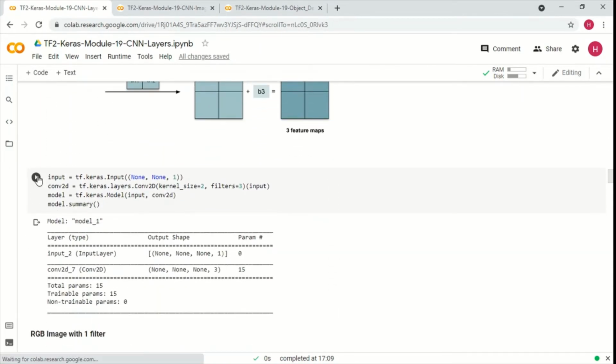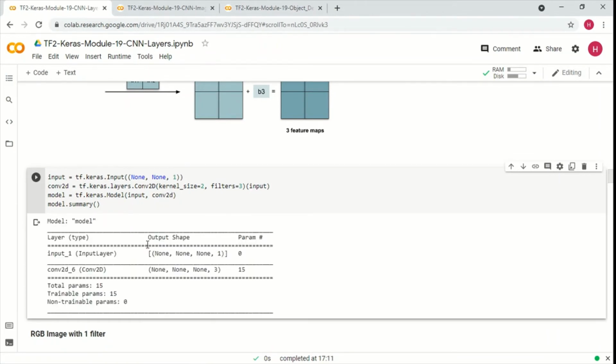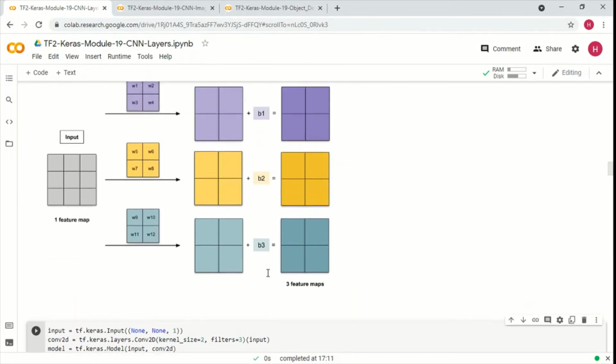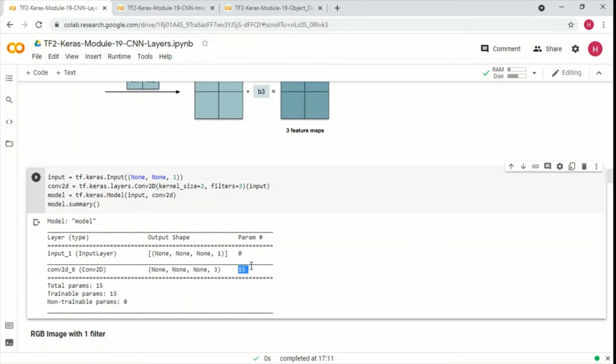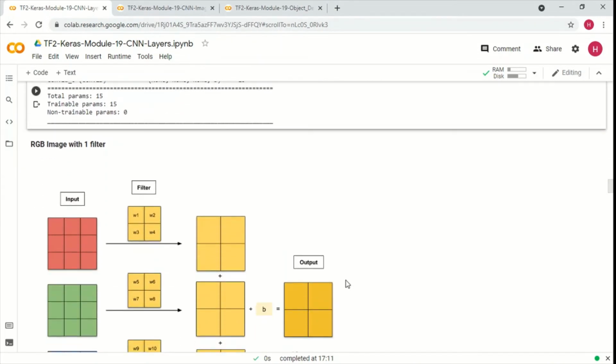Let's check this out. So output is 3 here, and the number of parameters is 15, because as you can see, three filters of 2 by 2 is 12, plus 3 biases, that is 15 in this particular case.